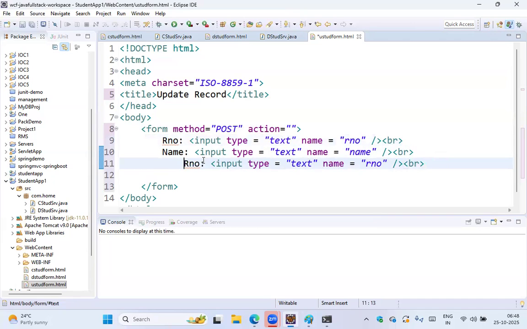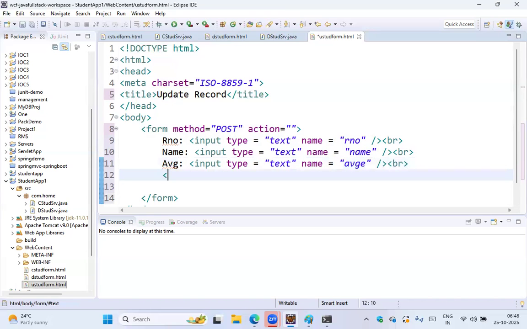Then I'm giving roll number, name, then what I'm giving is average. Input type is equal to text, name is equal to avg, and fine. Last but not least, we need to write